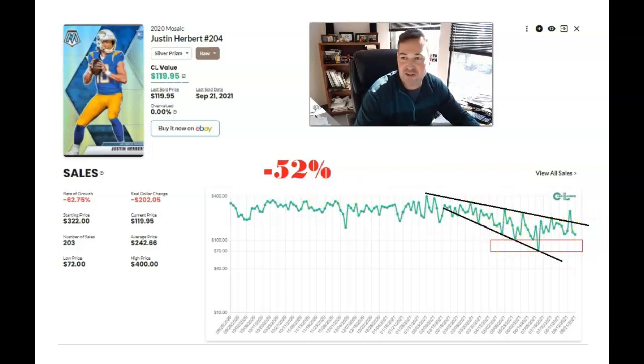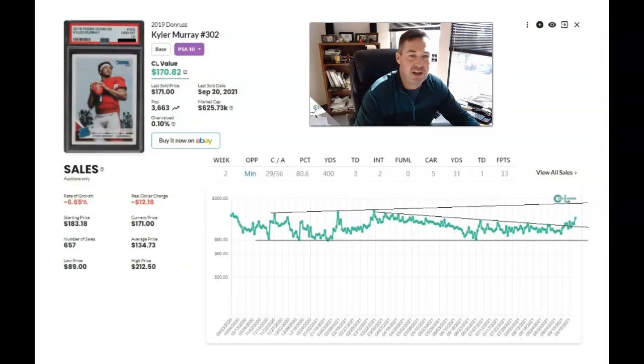All right, let's move on to some players that had great weeks on the actual gridiron. Start off with Kyler Murray, who had a nice game against the Minnesota Vikings. Threw for 400 yards, 3 touchdowns, ran in another touchdown, and if it wasn't for the Vikings not being able to find a kicker to make short field goals to win games, would have taken the L. But nonetheless, he got